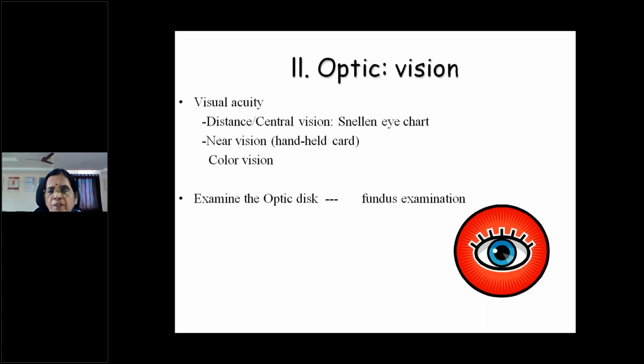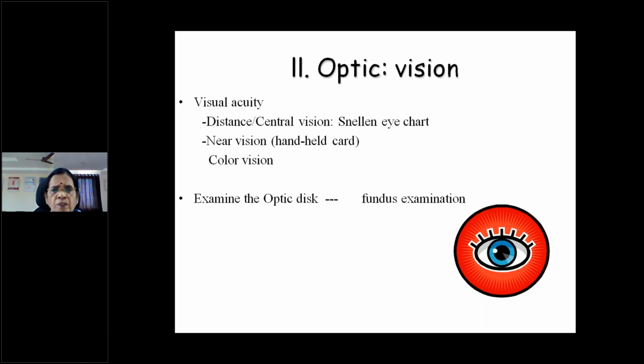Fundus examination is not for the undergraduates. So you only have to see the visual acuity, the distant. Ask the patient, at a 6 meters distance, finger counting you can do, because at the bedside you may not have these charts. So you ask him to close one eye and then let him count. From 6 meters, 5 meters, gradually you get him up to 1 meter distance.